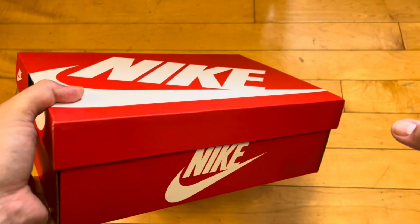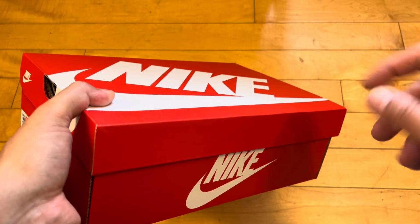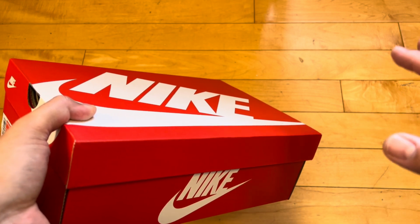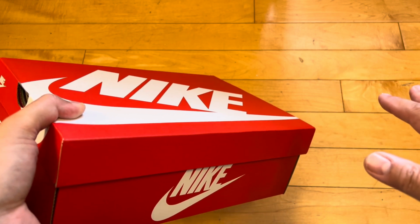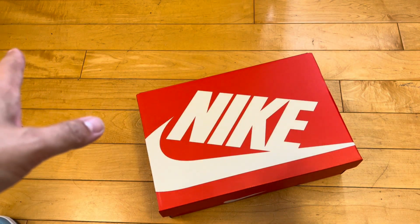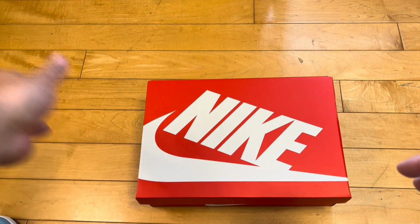I got these on the SNKRS exclusive access drop a week ago. They did a shock drop, one of their scratch off things. I have never been able to do a scratch off, been alerted and done it on time and been able to cop. This is my first time ever where I immediately saw the notification, went to it, and was able to do it. Now, it wasn't without complications. I have an Android. That's my primary phone, my personal phone. And I wasn't able to do it at first. It was really weird. So I went to my work iPhone and was able to do it there,